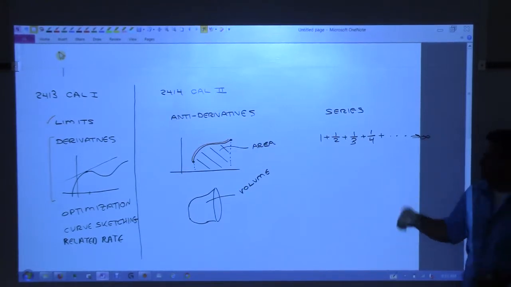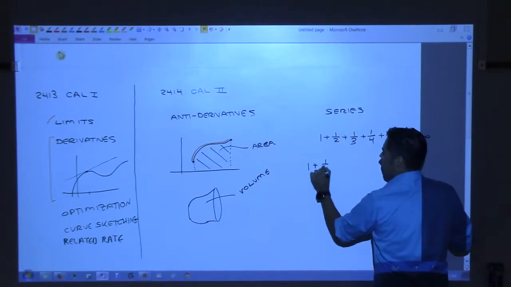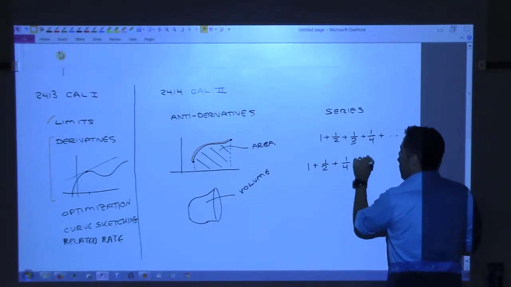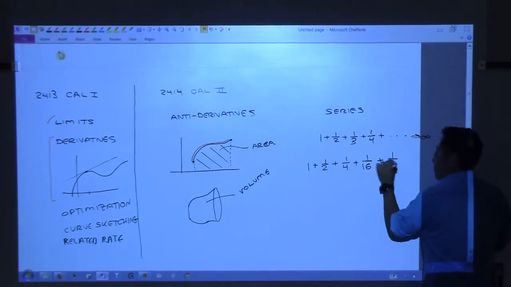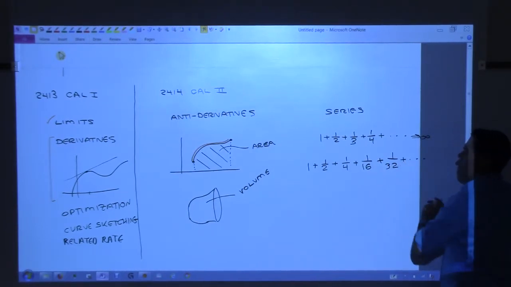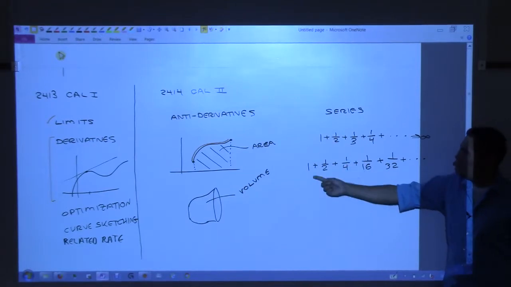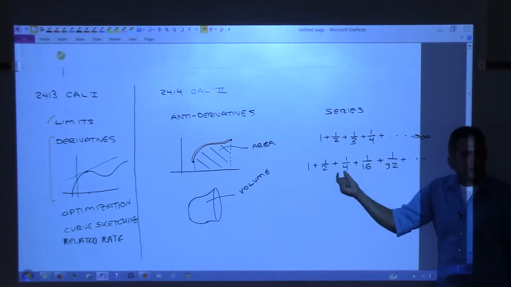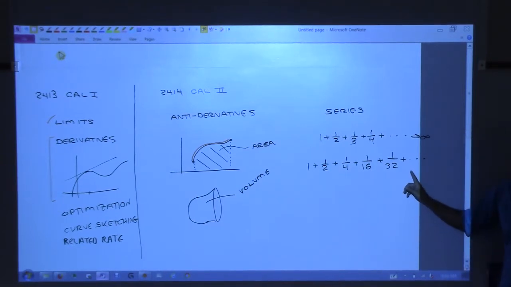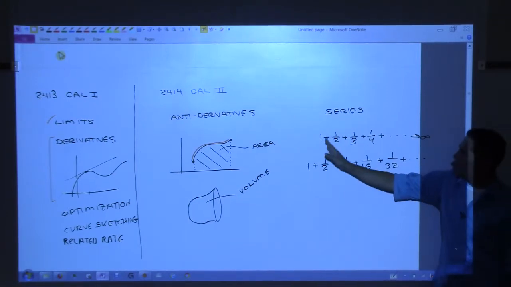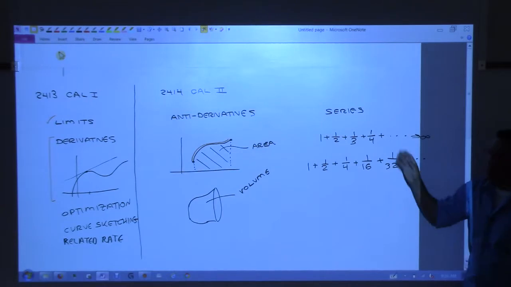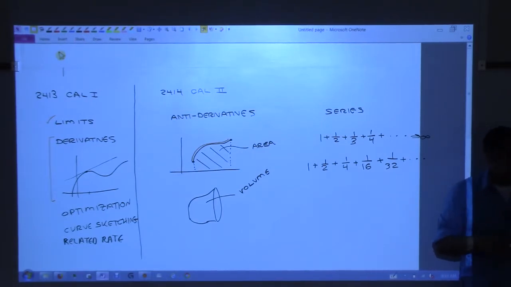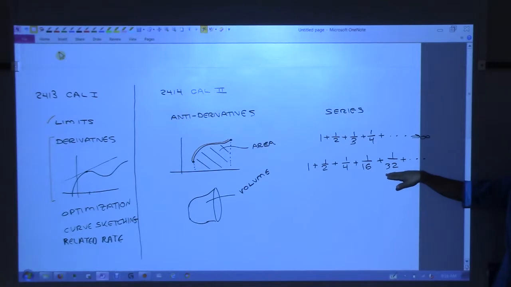All right? But if I take something like this and I change what I'm adding up, so that's a different sum. Okay, it's 1, it's 1/2, but then it's 1/4, 1/16, 1/32. These are smaller bits, aren't they? This one, it turns out, does not overfill the tank. All right? So what we have to do is look at these series. We call these series. We look at these series and try to figure out whether or not they converge, which would be they add up to be a number, or they diverge, which means that they become infinite or